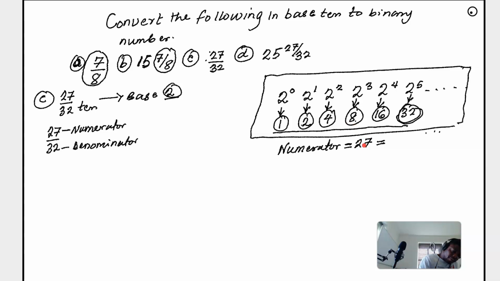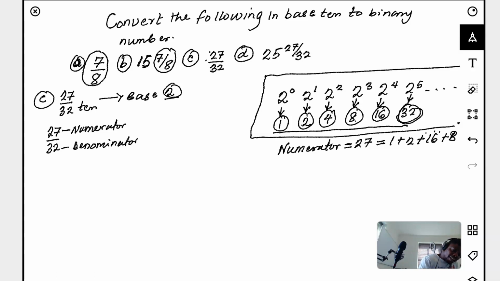And we're going to 27, so we need 3 more. That is 2 and 1. So 27 is 1 plus 2 plus 16 plus 8. Let's write it this way, 1 plus 2 plus 8 plus 16, that is